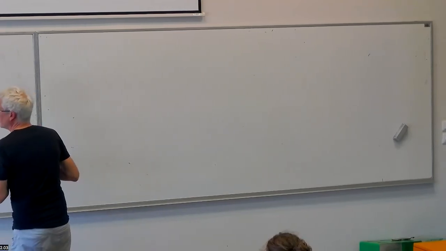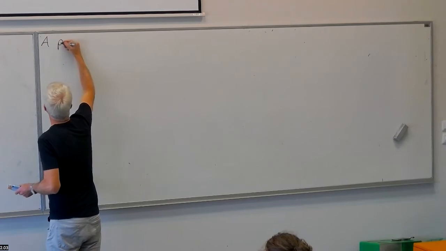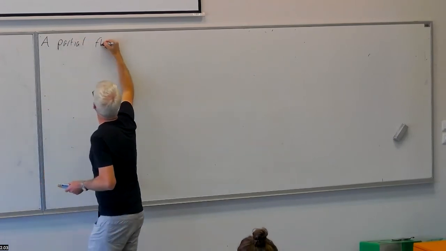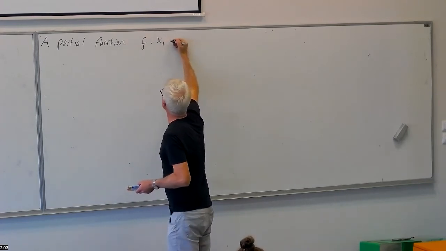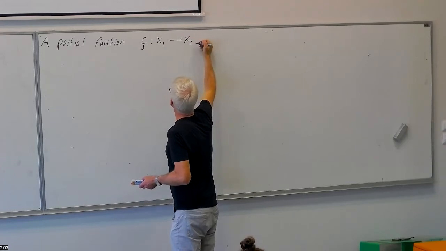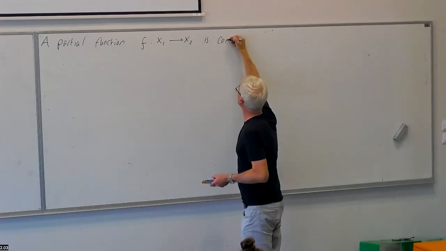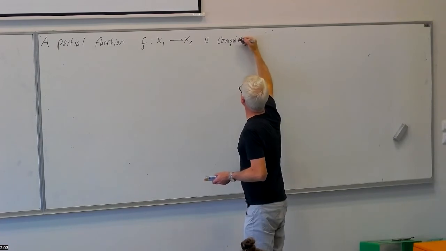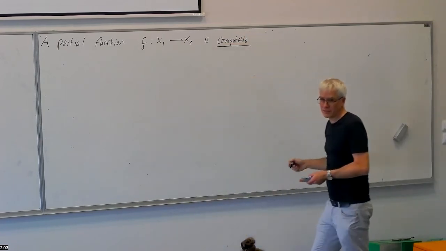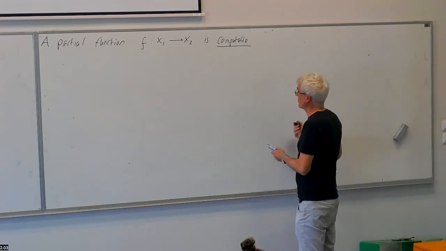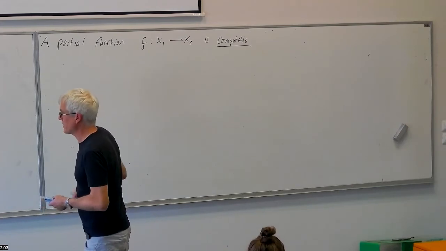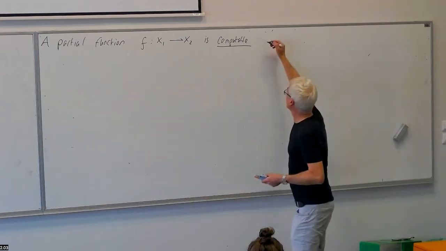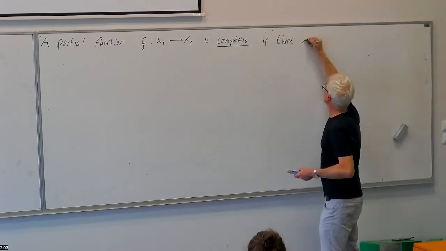So continuing with the representations gamma 1 and gamma 2, we're now going to say when a partial function f from X1 to X2 is computable. Again, if there exists a